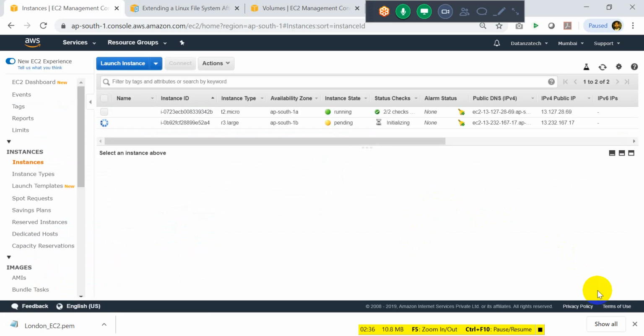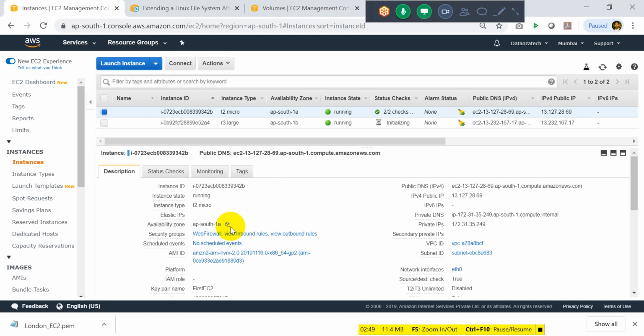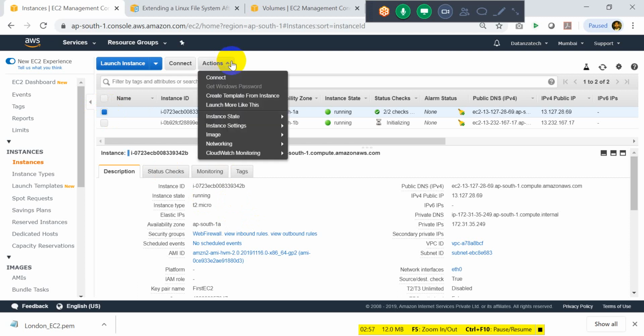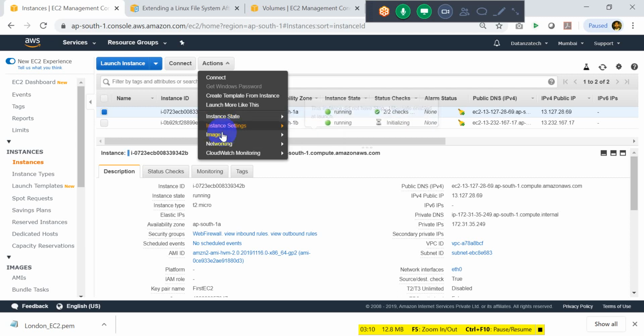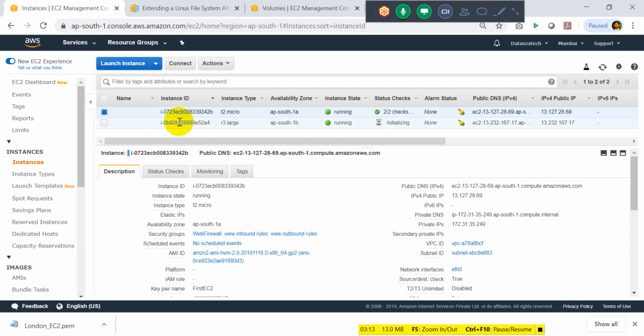Now come down, click on view instances. So here I have two instances. Okay, this is my T2 micro, running in the South 1A zone. Go to actions, go to instance state. The stop option is there, so this means I can stop it. I can reboot this instance also. It is possible. Now I'll come down to the other instance,